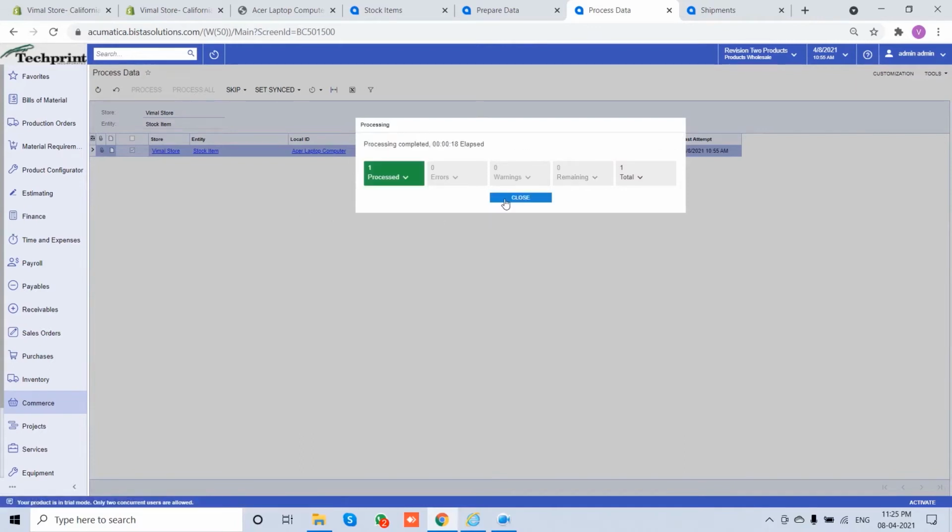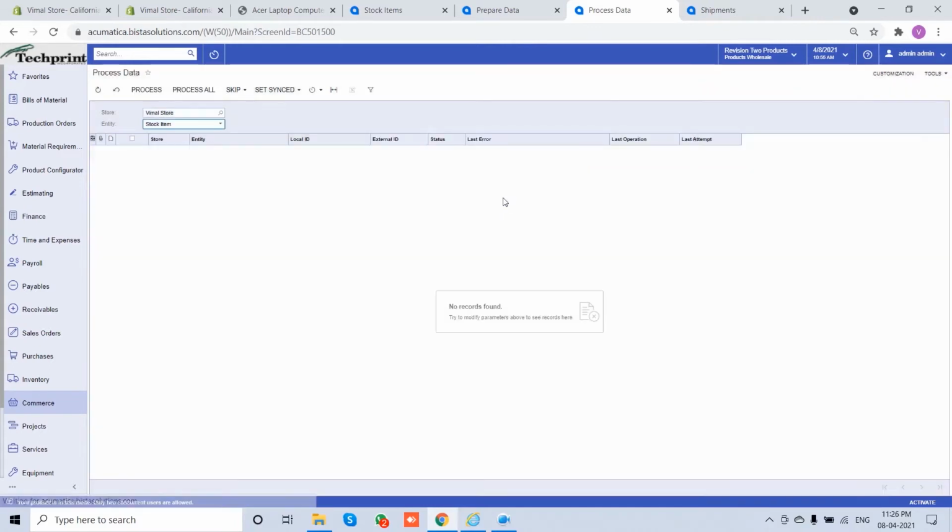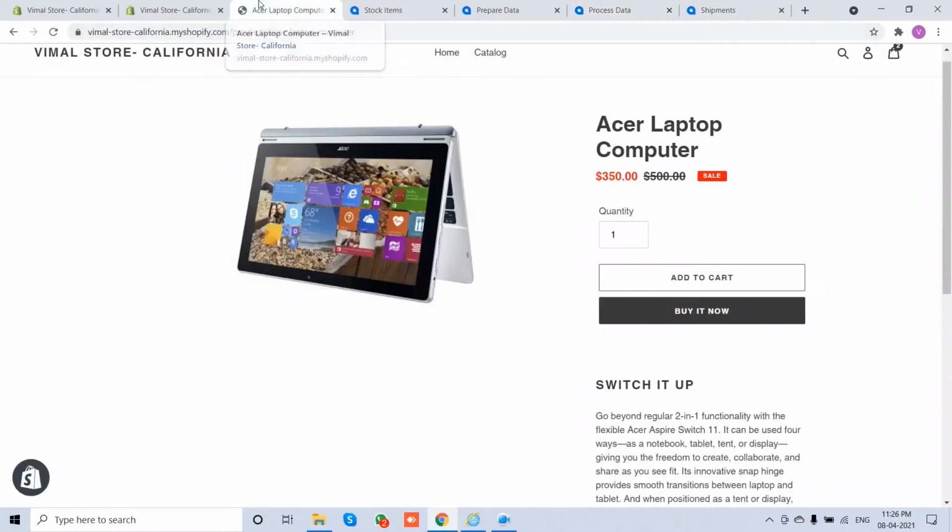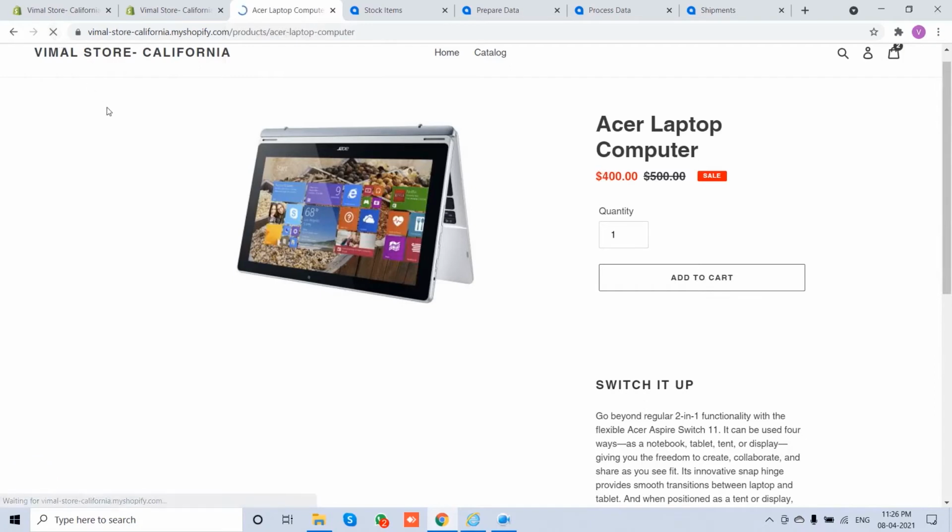Okay, now the changes are being pushed to Shopify. So let's open our Shopify page and let's refresh it. Okay, you can see now the price has been changed to $400.